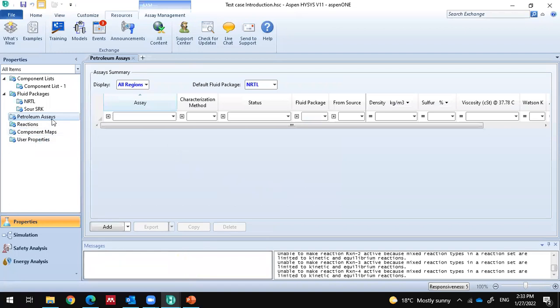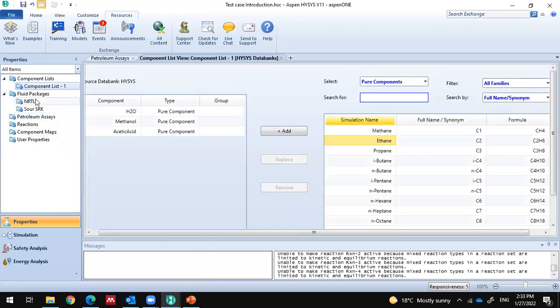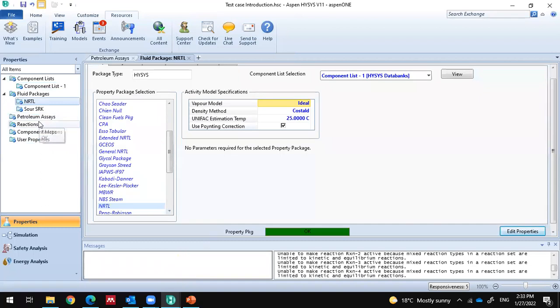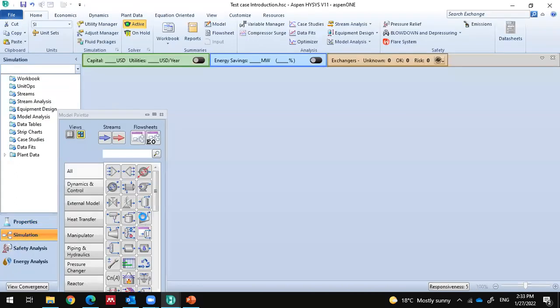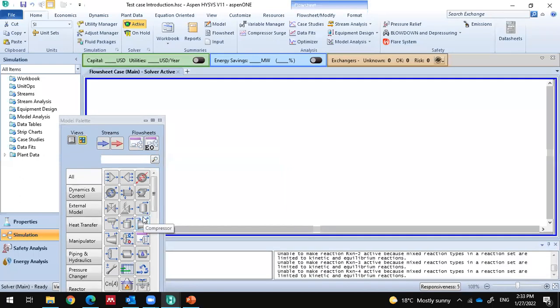Now, once you are done with the components, the fluid package and any chemical reaction, if you have one, you can go from the properties environment to the simulation environment. I'll just click on simulation, and it will take me to the simulation environment. Now inside the simulation environment,